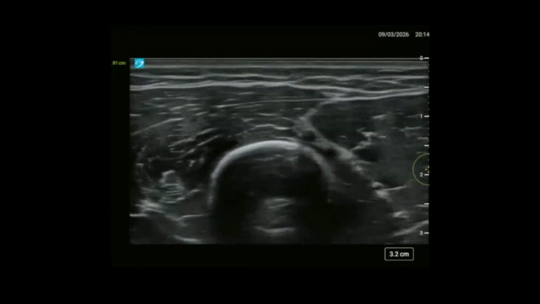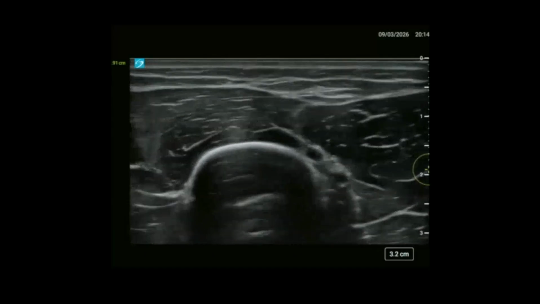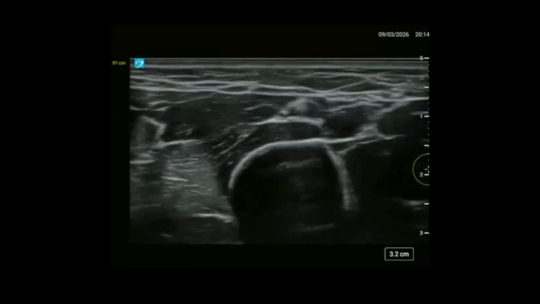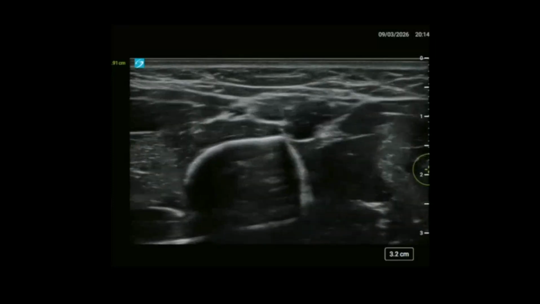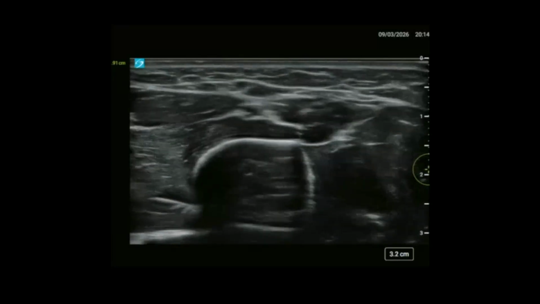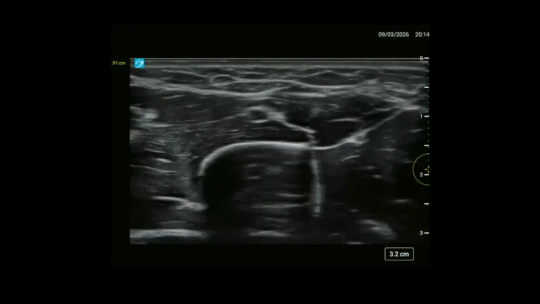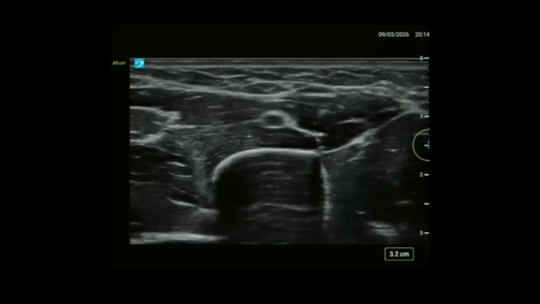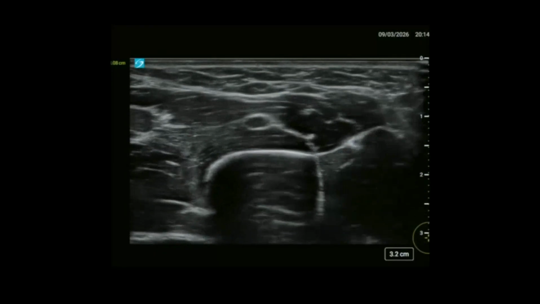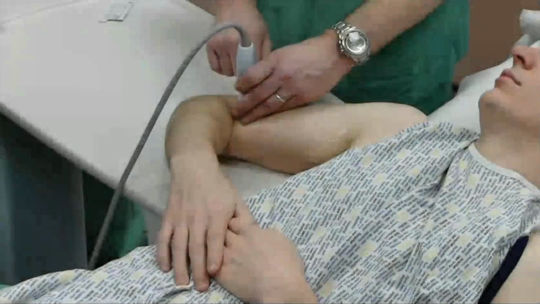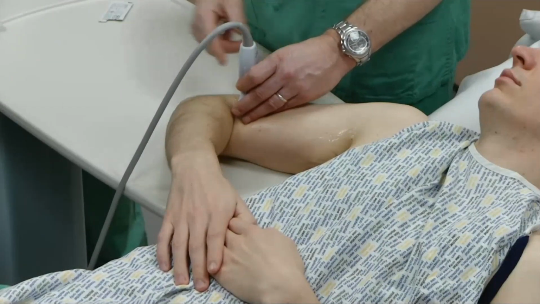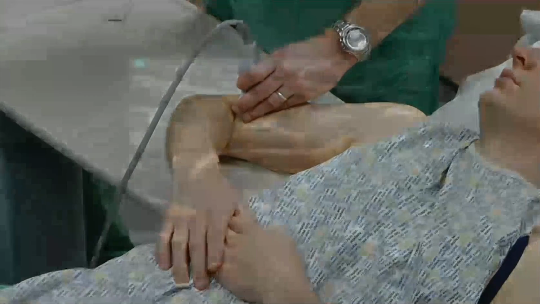And if we scan proximally, you can see that they both join together, and I'm now scanning around the back of the arm. They are in the spiral groove of the humerus. So if I follow them anterolaterally, this is the radial nerve that is coming out, and it's just sat above the humerus here. Okay, so that's where we would block it, and we would come in. You can come in from either side, but the most ergonomic is to come in with my needle from behind, and be coming in